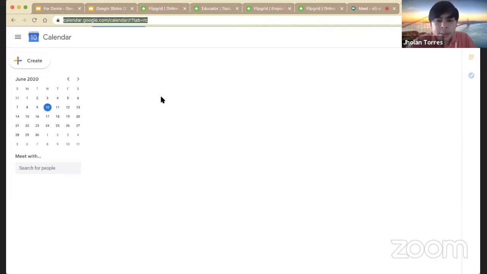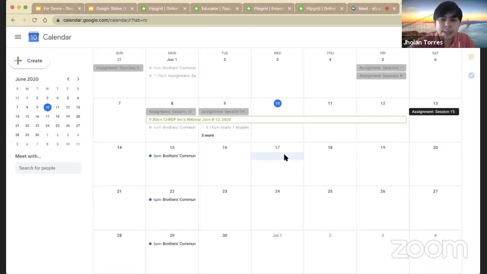Okay, there. So just click the date that you want to set up your Google Meet with them, then create an event. For example, I'll click this one. Then you can now create your event.